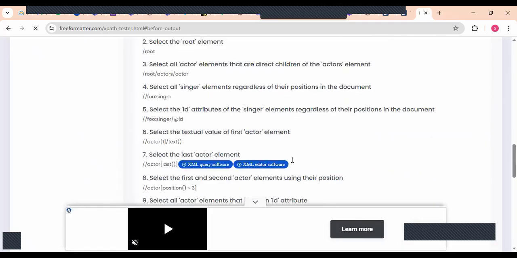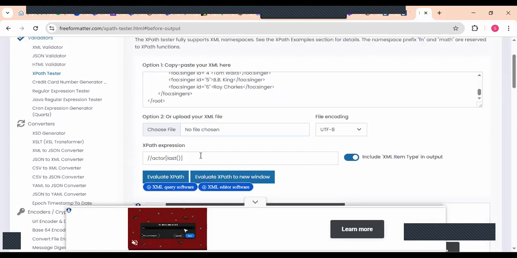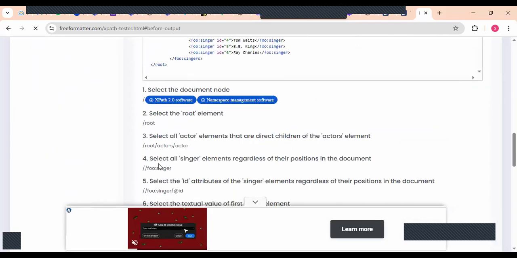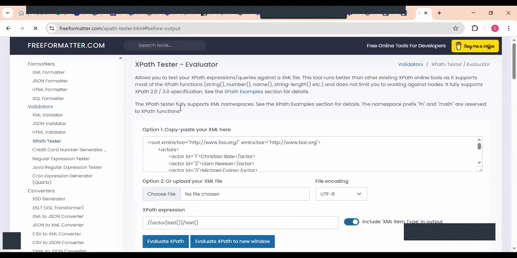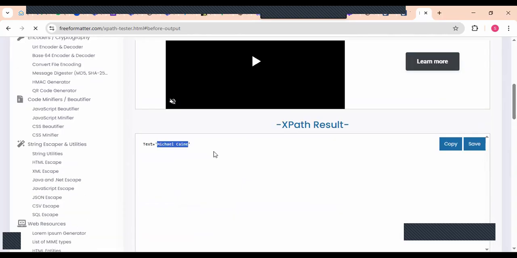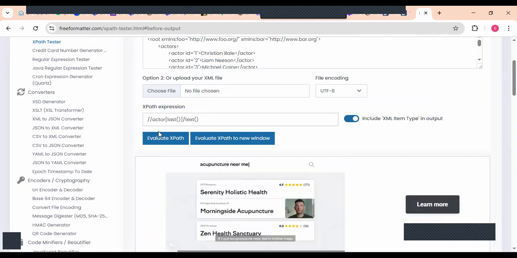Let's see if I want to capture the value, right? Text value. So I can put here text. I want to capture only this Michael. Name of the actor, last actor name. So you need to put the text here. And